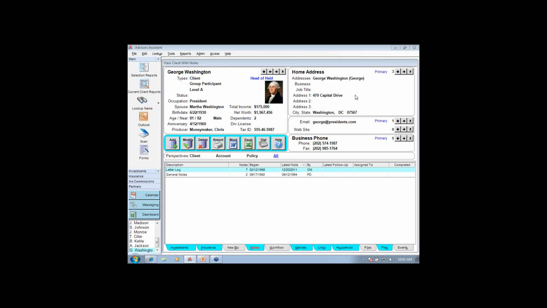ReadyDoc allows you to view a client in Advisor's Assistant, then quickly and easily scan a document and automatically link that document to the name in Advisor's Assistant. Then, once you've scanned the document, it's sent via the internet to the ReadyDoc servers that are out there in the cloud. And so your documents are stored in a secure facility for easy retrieval, and they're backed up daily